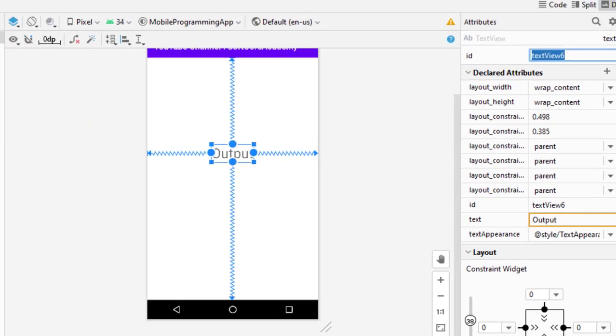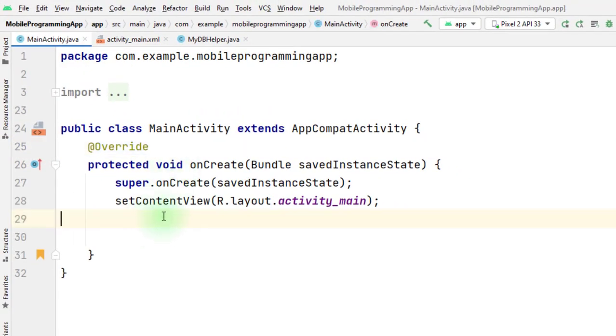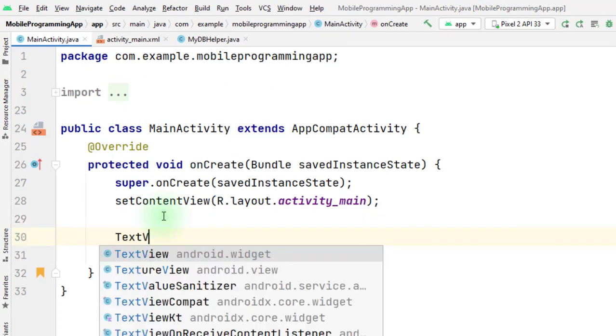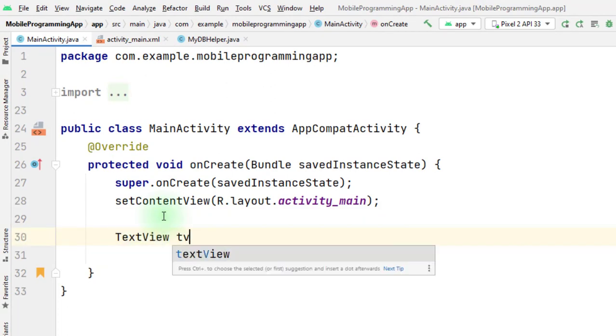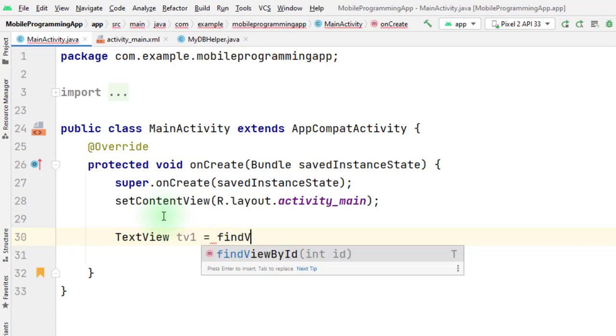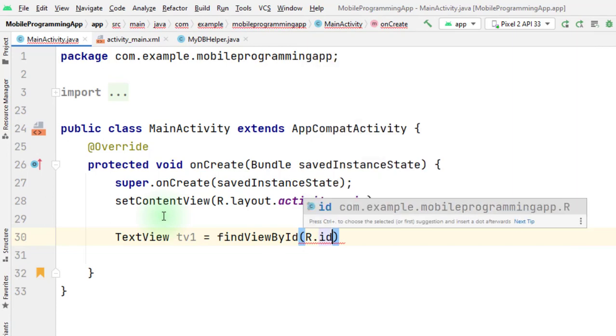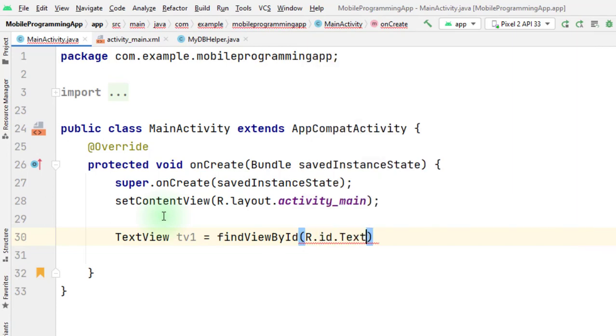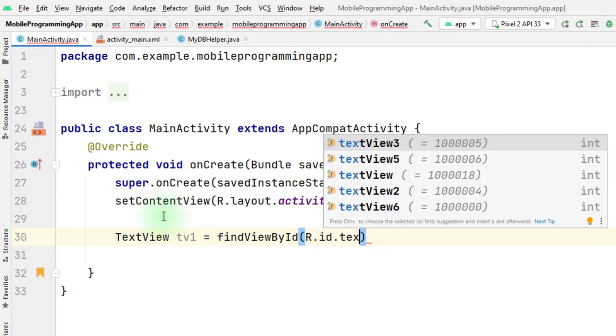Now go to MainActivity.java. First we create a reference of the text view, that is my TV1, findViewById R.id.textView6.